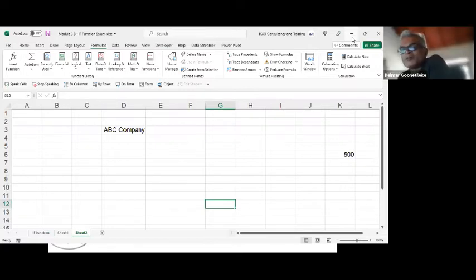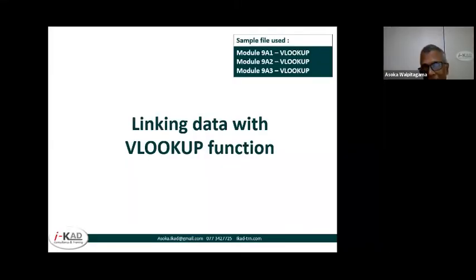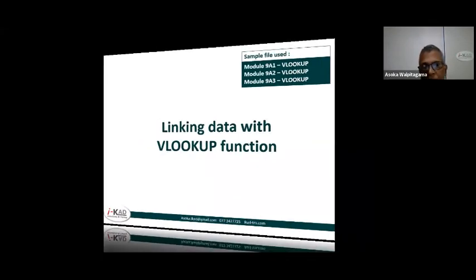Interesting. Thank you. Okay, let's come back. VLOOKUP. Now there are 2 lookups we have been working with. The new version has an XLOOKUP which will eliminate both of these lookups. But since the new version is not used by everyone, I will definitely do the VLOOKUP and the HLOOKUP. VLOOKUP means vertical lookup. HLOOKUP means horizontal lookup. Okay.